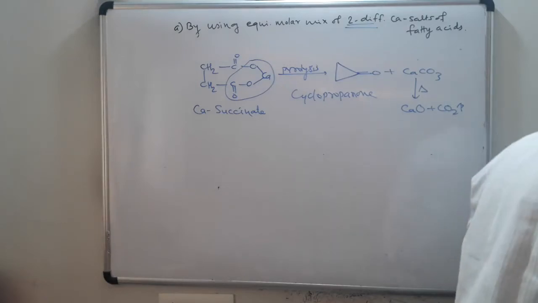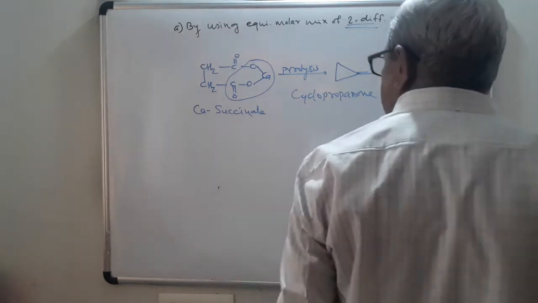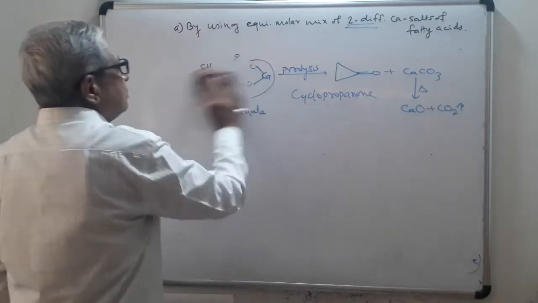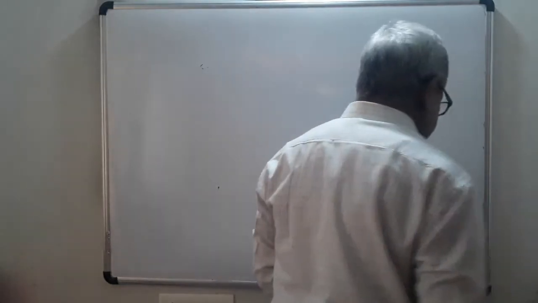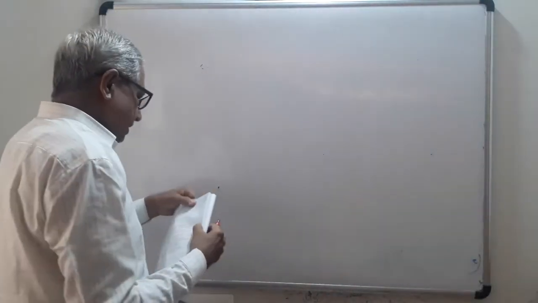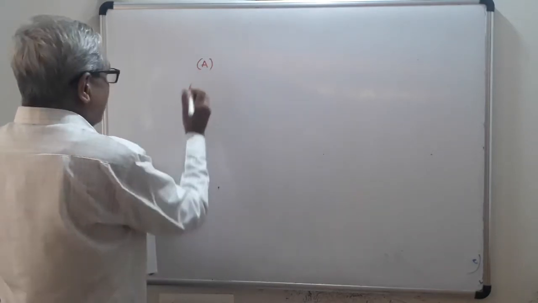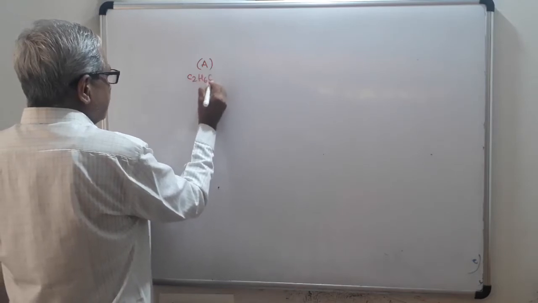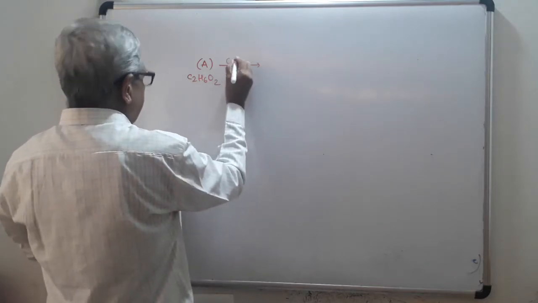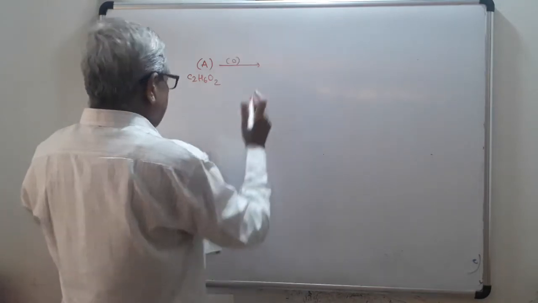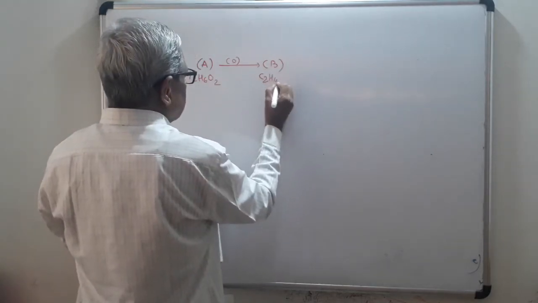Now I will set the objective question on this title. Write everybody the question. So we completed A and B part. So write the question here. An organic compound A having molecular formula C2H6O2 on oxidation gives a compound B with molecular formula C2H4O2,